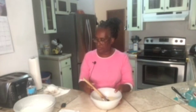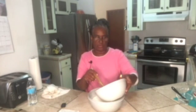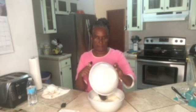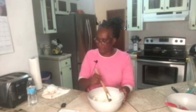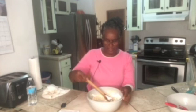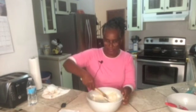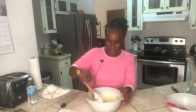So we're going to pour that and stir it into the dry ingredients, and mix that in. You can use whatever kind of milk you like. This particular one I've used soy milk. Usually I use almond milk, but I want to